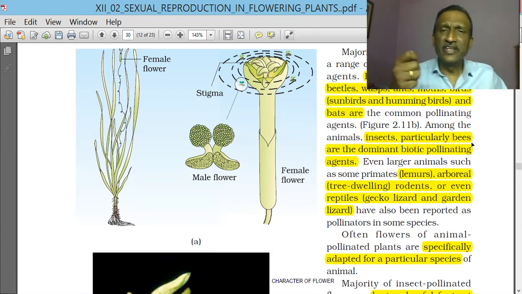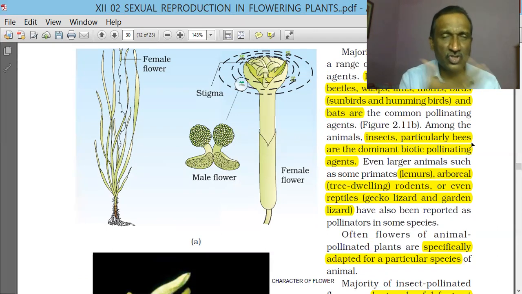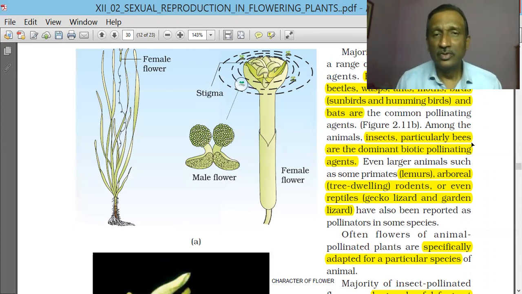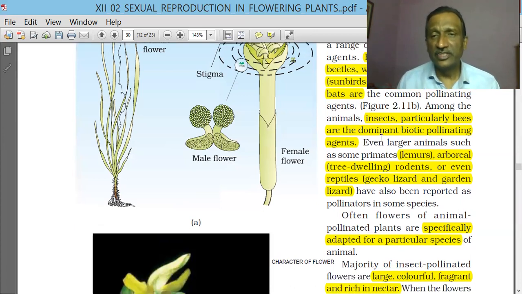But due to the humans' non-judicious activities, where they are continuously spraying pesticide, the number of butterflies has almost finished. Now you can't see butterflies. When I was small, I used to see so many butterflies, but now they are not seen anywhere. If one is seen, it is an attraction; all the children run toward it shouting butterfly, butterfly. So it is such a thing. And bees also are greatly reduced because of the use of pesticides. So we must think whether all this should be happening or not. If we can reduce it, it is very good.